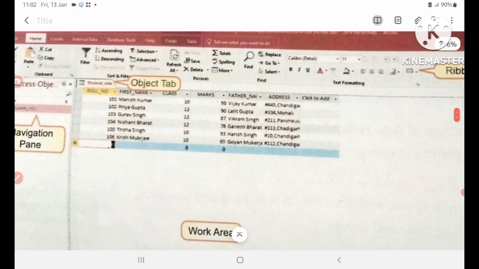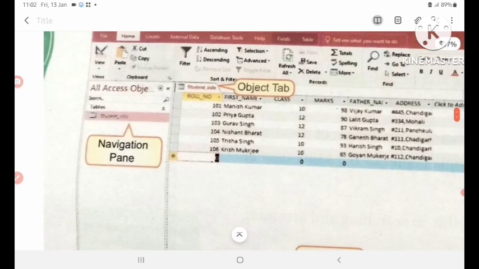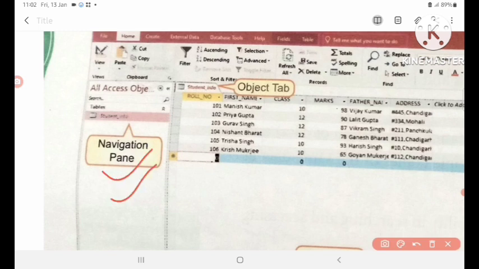About the navigation pane, it displays the names of the objects used in the database, like tables, queries, forms, reports. In the navigation pane, when you open anything, here you are opening a table, now you are opening queries, you are opening a form.